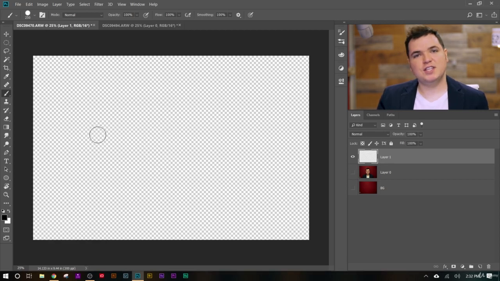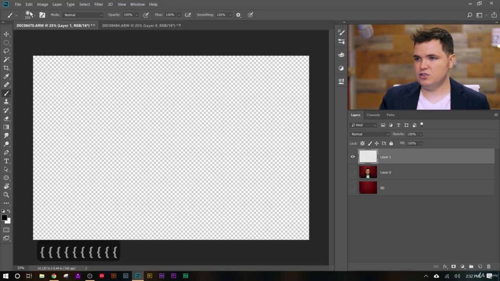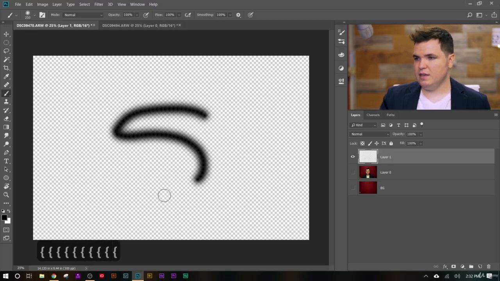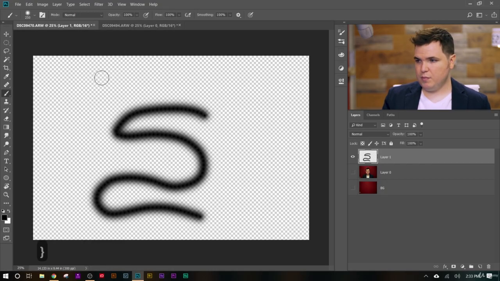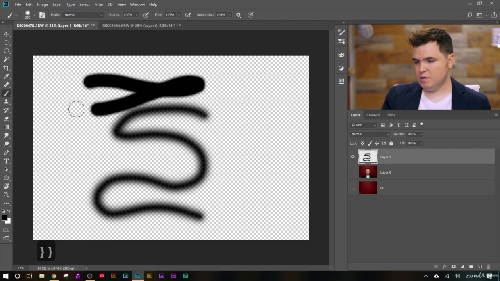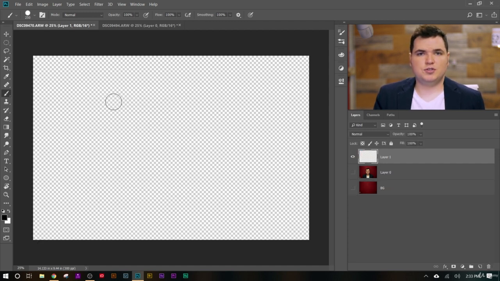If I want to adjust just the hardness, I can use the same keys, but pressing Shift, go to the brace keys. And let's see, the hardness of this brush right now is at 100%. So if I go to the left brace key, bring the hardness down, you can see that it's changed right here. And now if I paint, you can see those changes. I've brought it all the way down. I can bring it up there, somewhere in the middle, or I could bring it all the way up to 100% hardness there. Those are super useful keyboard shortcuts to use to adjust the size and hardness of your brush,